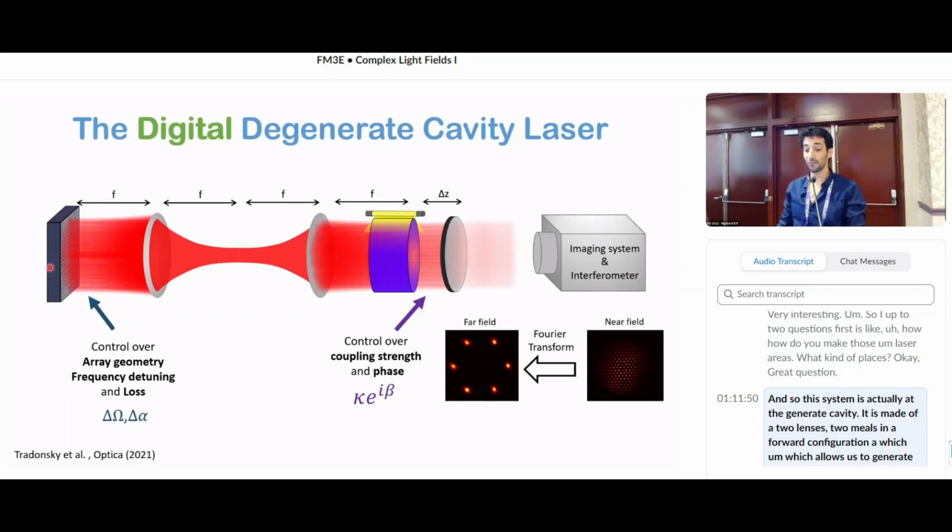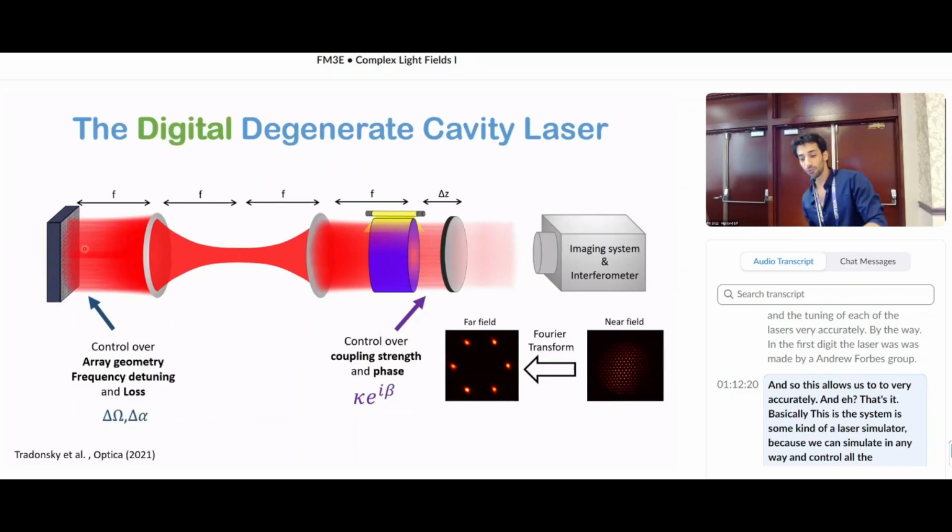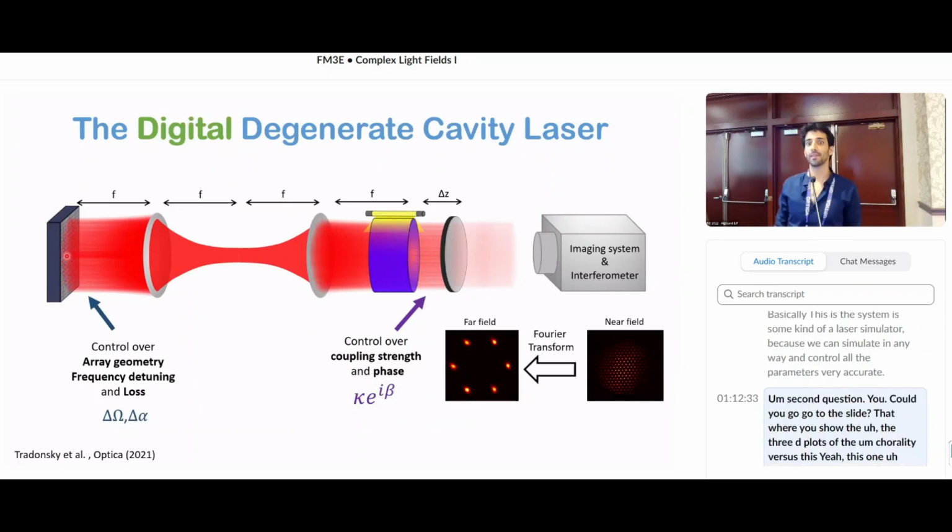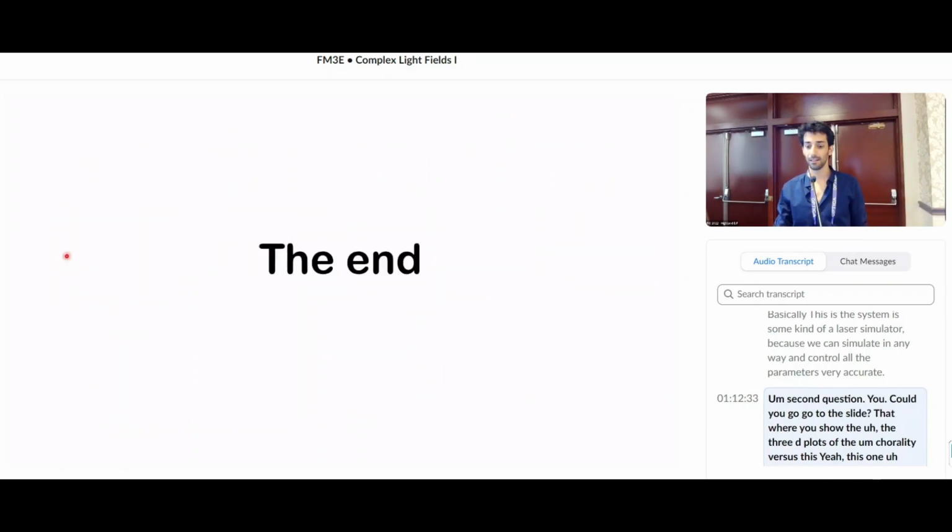By the way, the first digital laser was made by Andrew Forbes' group. This allows us to control everything very accurately, and that's it basically. This system is some kind of a laser simulator because we can simulate any laser array and control all the parameters very accurately. Second question, could you go to the slide where you show the 3D plot of the chirality